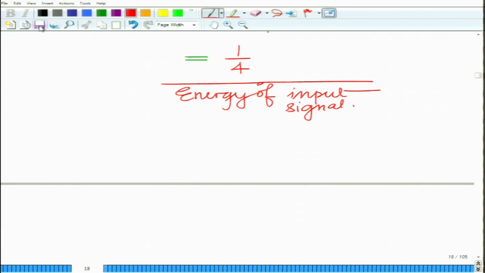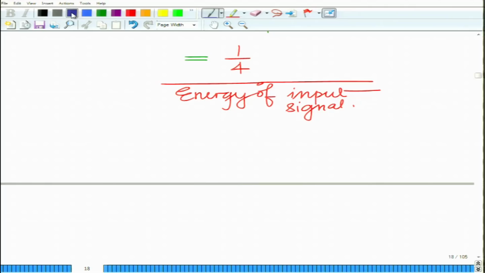Now, we want to use the concept of what is known as the energy spectral density. Remember, energy spectral density gives us the distribution of energy of the input signal over the frequency spectrum. So, this is a very good example to illustrate a practical application of this concept of energy spectral density. Okay. So, now what we want to do is we want to consider the ESD